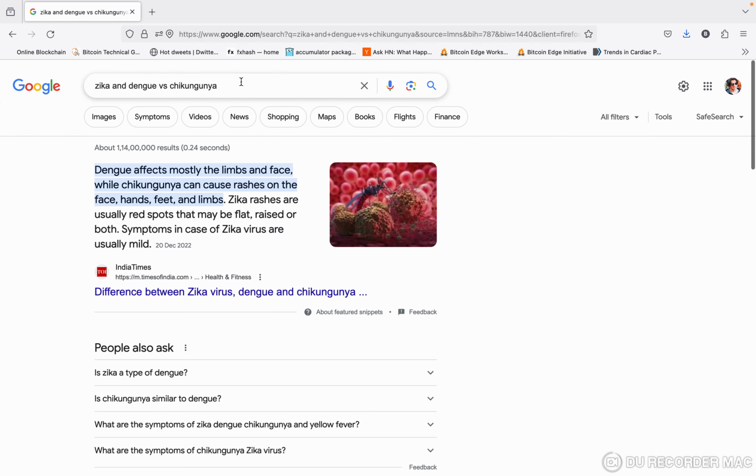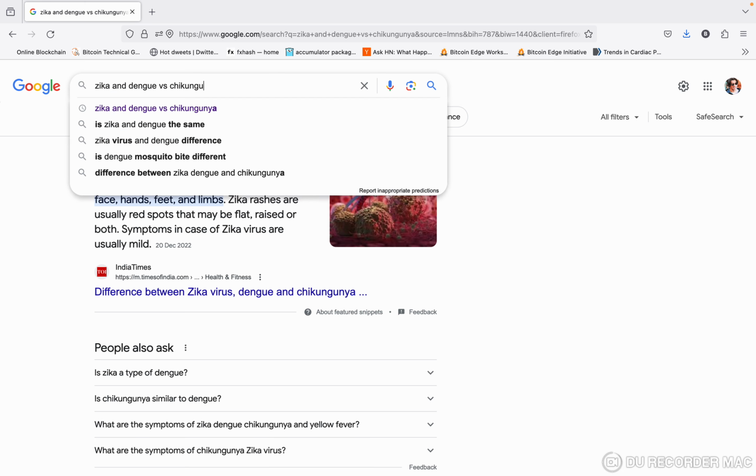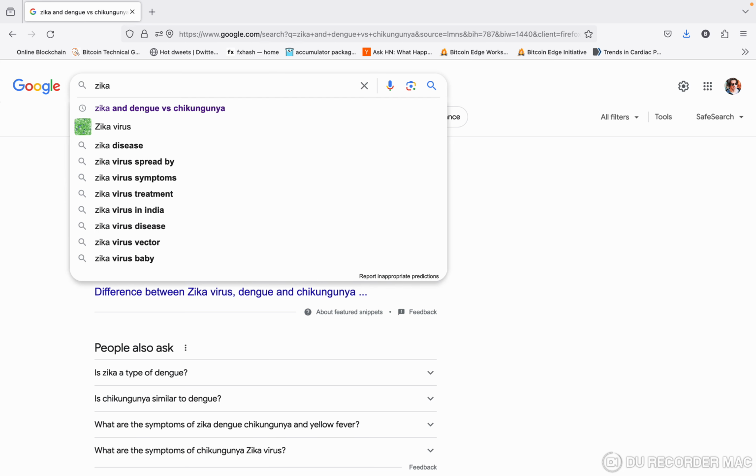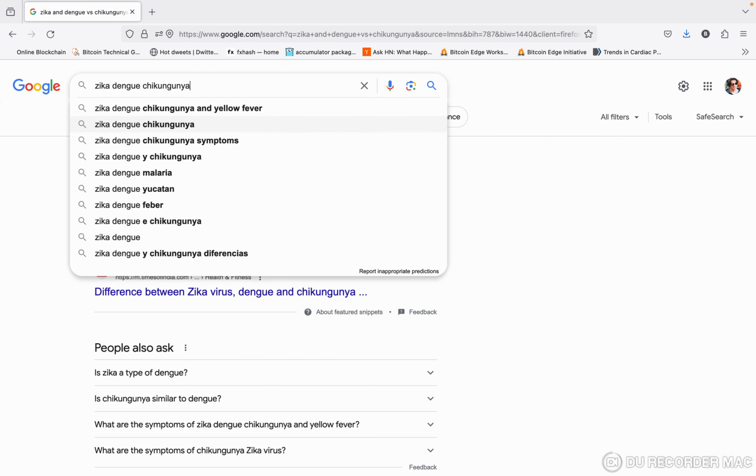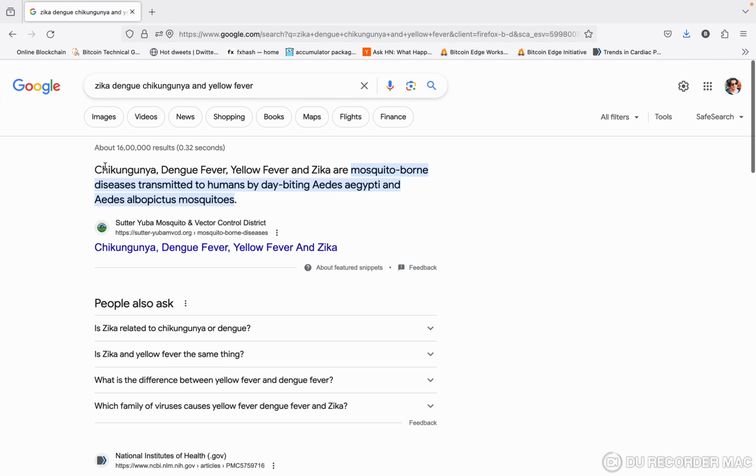They are somewhat similar, but let me check what the difference is between the three. Zika, okay, yellow fever is another one. Chikungunya, dengue fever, yellow fever, Zika are mosquito-borne diseases transmitted to humans by day-biting Aedes aegypti. Okay, the mosquito is the same, and they are day biting, so they bite in the daytime. So Aedes aegypti, this I know, but Aedes albopictus mosquito, these two types of mosquito cause these 4